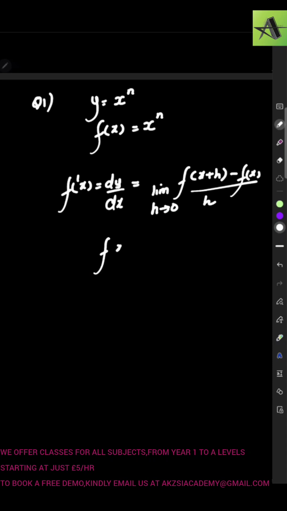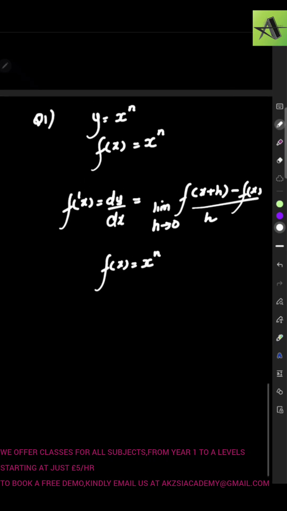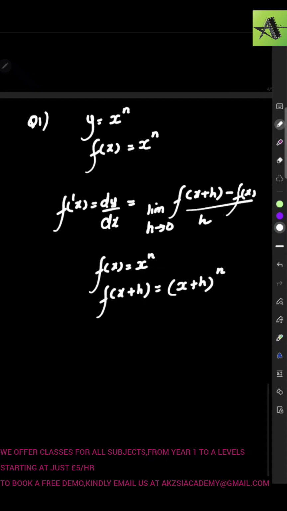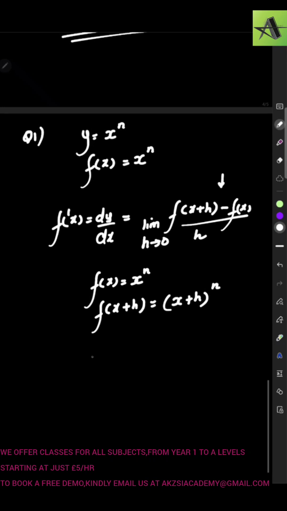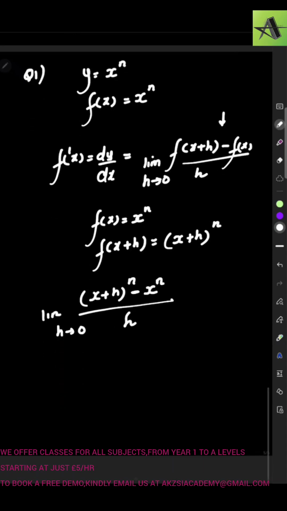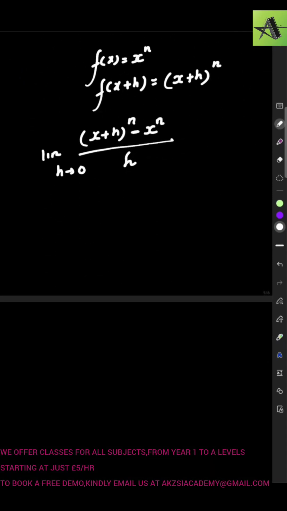Now it's given f of x is x to the power of n. So what is f of x plus h? You just need to substitute x plus h in place of x. So in this function, in place of x, I have to write x plus h whole to the power of n. Putting it here, you'll get x plus h whole to the power of n minus x to the power of n over h, limit h tends to 0. Now x plus h whole to the power of n, this n can be any big value, 20, 30, 40, which is not very easy to expand,